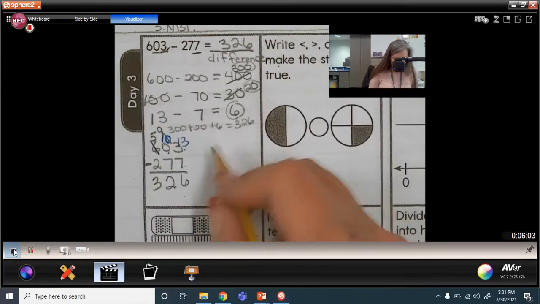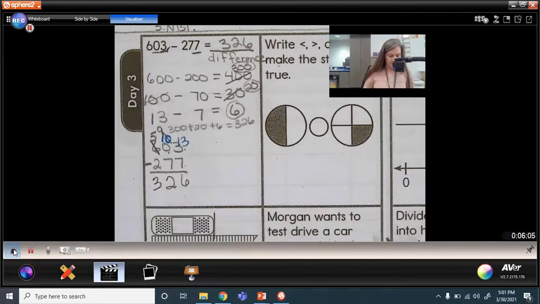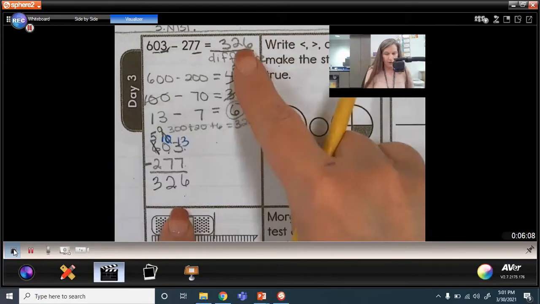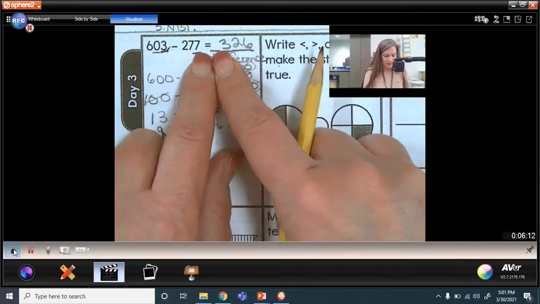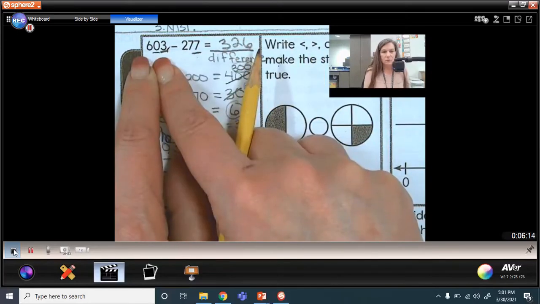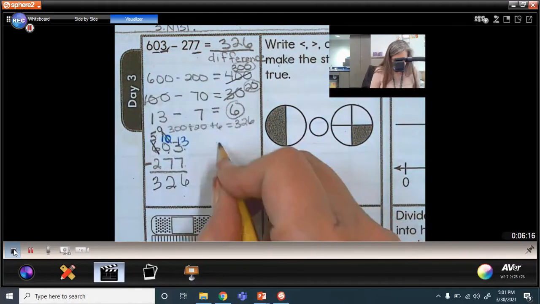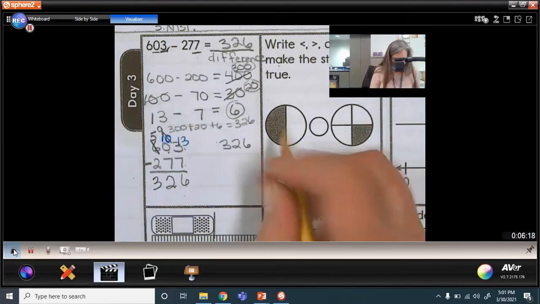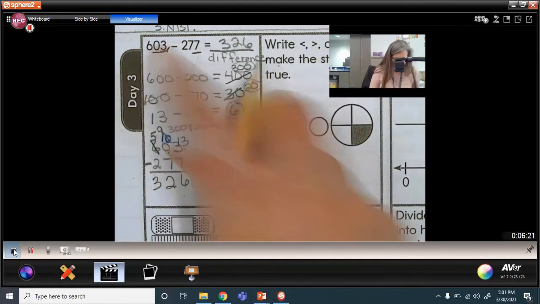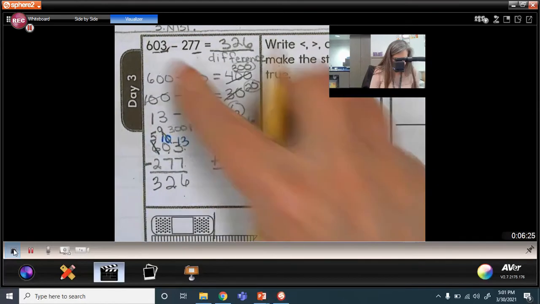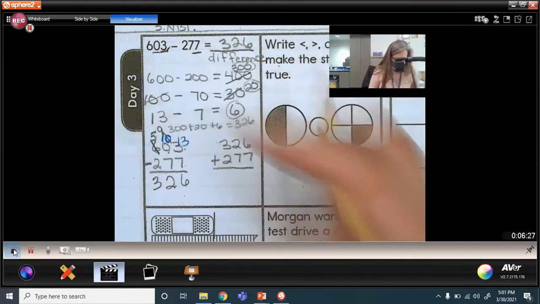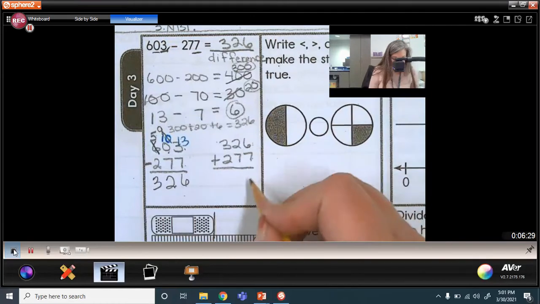Okay, let's check our answer. How do we check? Well, we have a part and a part, and when we put these parts back together, we make the whole. So if I take this 326, which was part of this number, and I take the 277, which is my other part of this number, 603, and I put them back together,